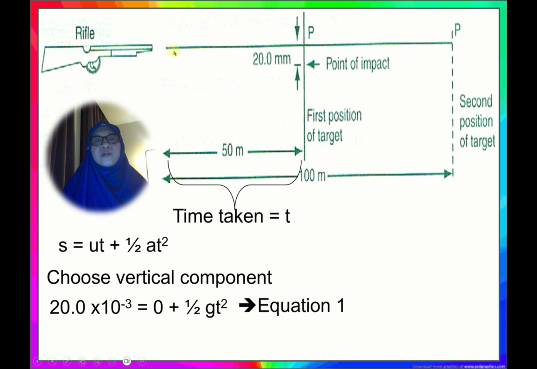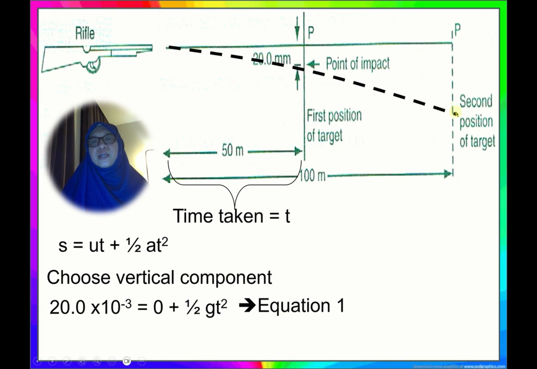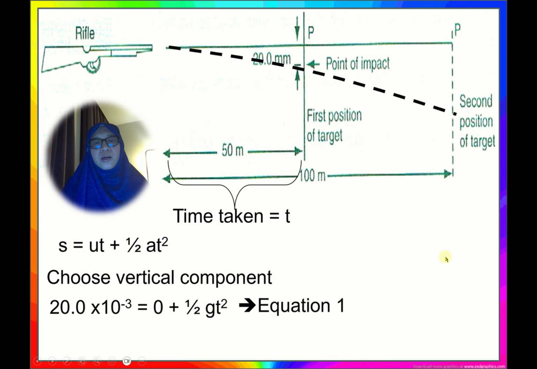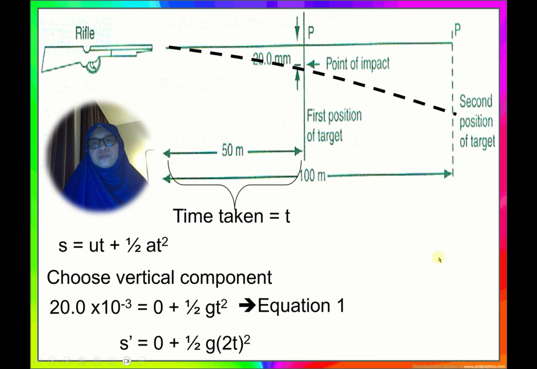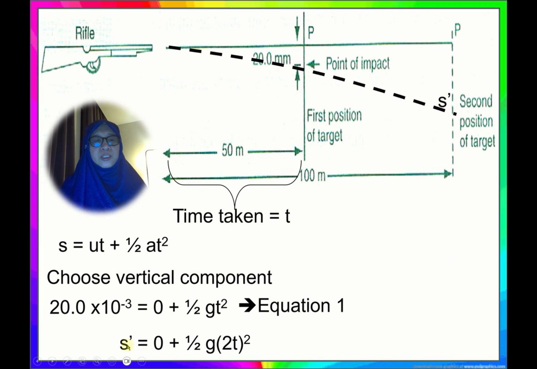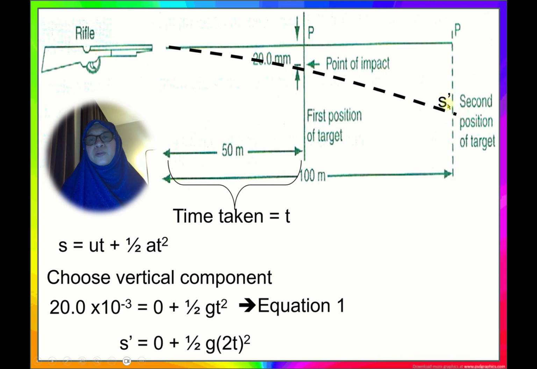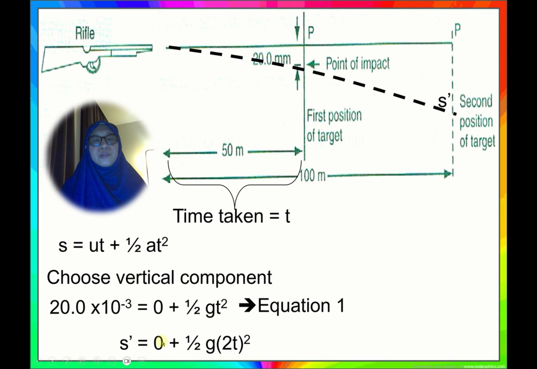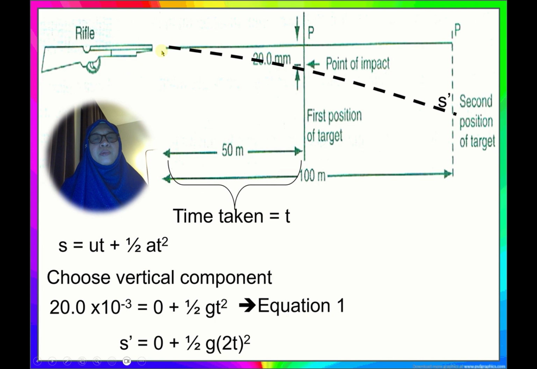And then for the second position, when we move here, we don't know the S prime, so we put the vertical distance, which was 20 millimeter just now, as S prime for the second position. So it equals, the initial velocity for the y component will be 0,